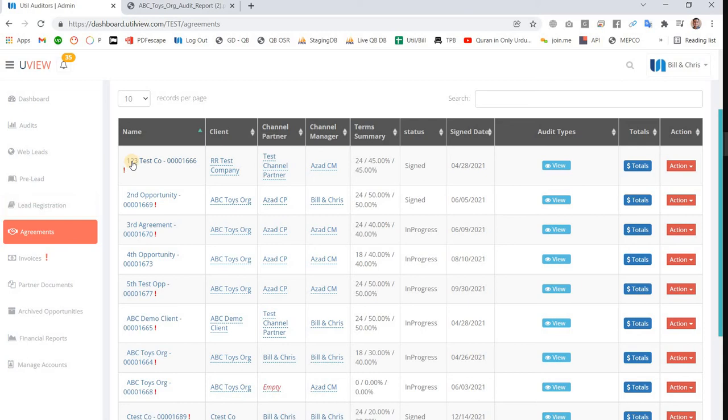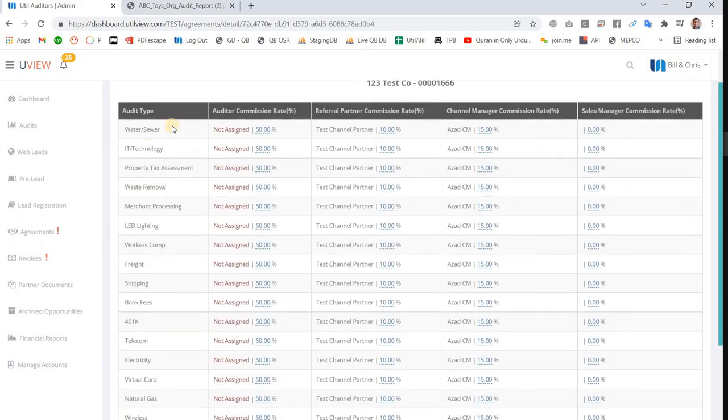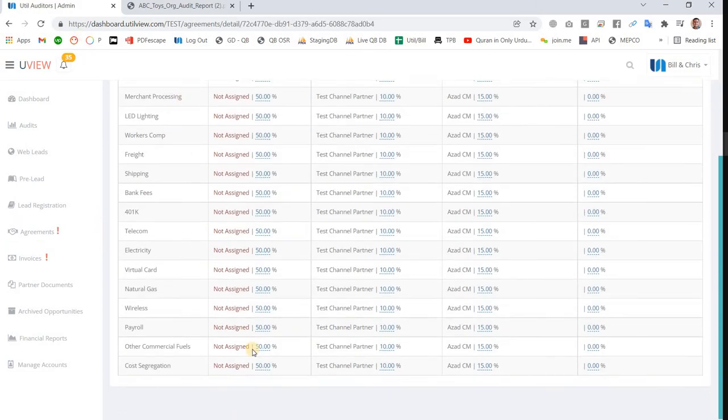One more thing, you asked to update the commission percentage for all the parties at any stage of an agreement. So on the same agreement page, you can click here on the commission settings, and it will show you all the parties.